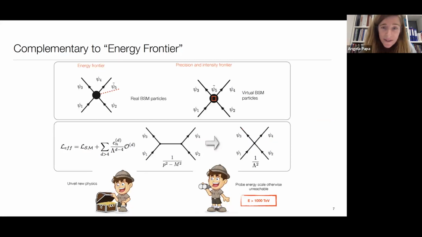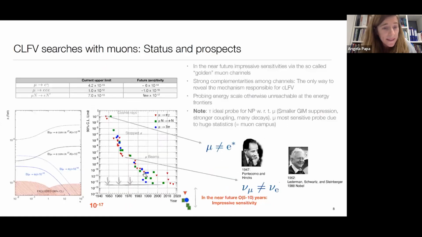In a different way, we can also say that although in our case we don't have the pleasure of having this new particle in a final state as it could be at the energy frontier, the new particles enter our Lagrangian as virtual beyond-standard-model particles. This gives us the unique feature of being able to probe energy scales that would otherwise be unreachable. This is what happens when we see how the upper limit on a branching ratio, like mu to e gamma or mu-e conversion, translates into the energy scale of the new physics associated with the process that is being probed.